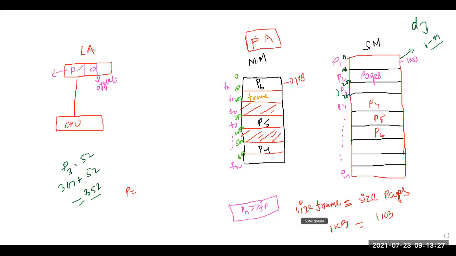Now, if you access this one, suppose I say this is my page number and this is my offset address. Now, if I search in this particular main memory, I will not find the particular pages. So what I have to do now, I will make use of one data structure, which is called your page table. So we will take a data structure. Okay, I will consider a data structure. Now remember, this particular data structure is known as page table.